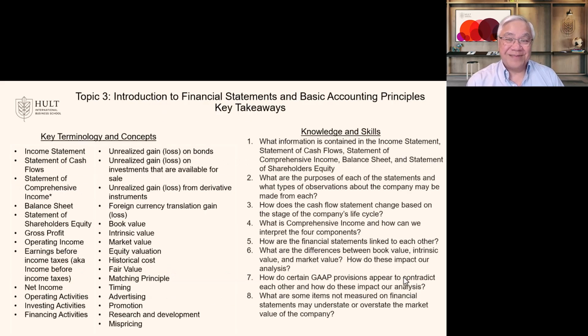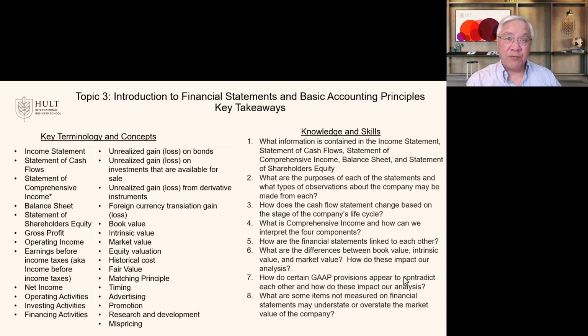There's a lot of takeaways in this topic because there's a lot of terms, terminology and concepts. It's going to take a while for me to read 2 columns worth, but here we go. As I'm reading them, just read it and think about, do I understand what this is? Income statement, statement of cash flow, statement of comprehensive income, balance sheet, statement of shareholders' equity, gross profit, operating income, earnings before income taxes, also known as income before income taxes, net income, operating activities, investing activities, financing